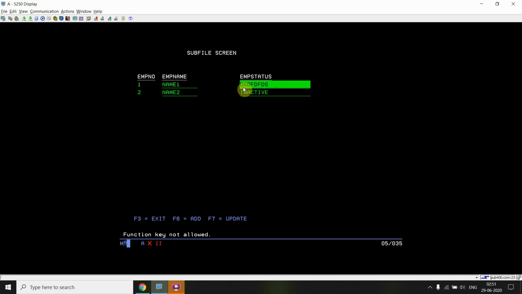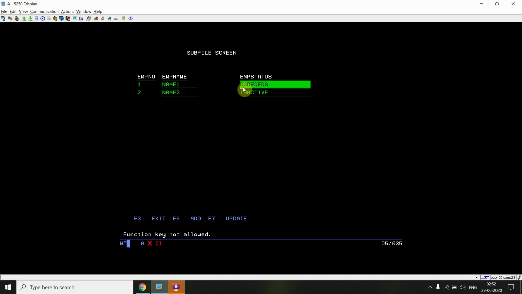Okay, so this was the thing. So how do we achieve that? We simply use that display attribute position cursor thing. Using that, we are setting the cursor on the error fields, and once we correct that error field, we press F7 again. So the record format, subfile format gets updated, and then it will point to the next error field, if any.